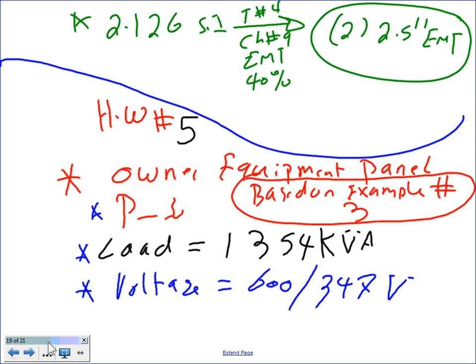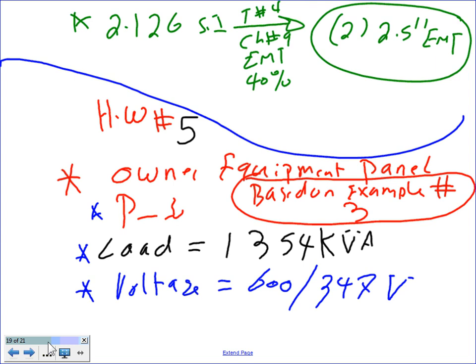Any question, guys? Before I let you guys break for lunch here, homework number 5. Homework number 5, owner equipment panel P1, based on example number 3. You're going to do this one based on example number 3 in the sheet. The load is